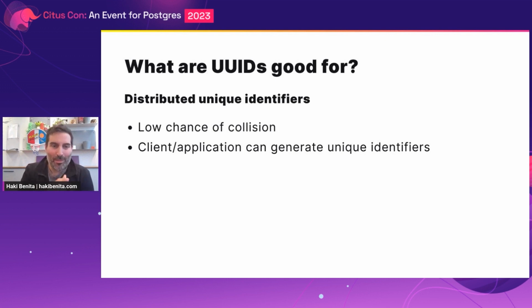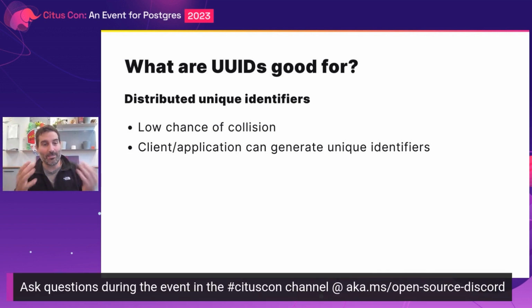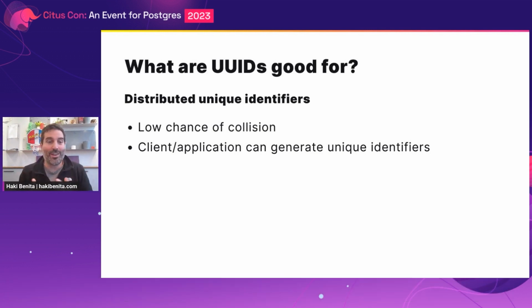So you probably ask yourself, what are UUIDs good for? I mean, why do I really need big chunks of random text? So first of all, because they are big chunks of random text, there's a very low chance of collision. This means that we can have our client applications or any edge device generate unique identifiers, which are most likely going to be unique when we push them to the server. So this is what's called a distributed unique identifier. This can be very useful under many types of circumstances.